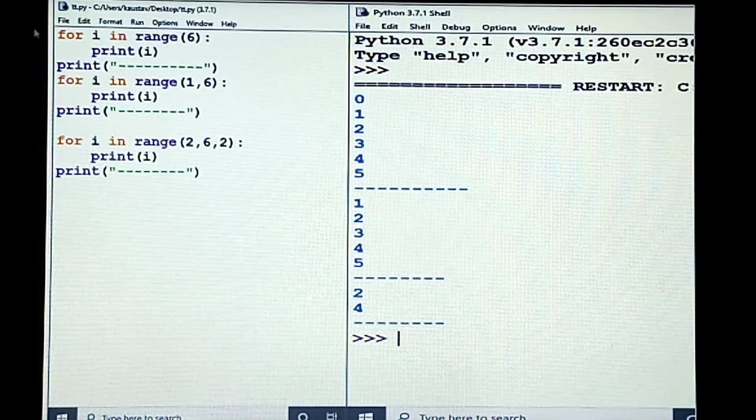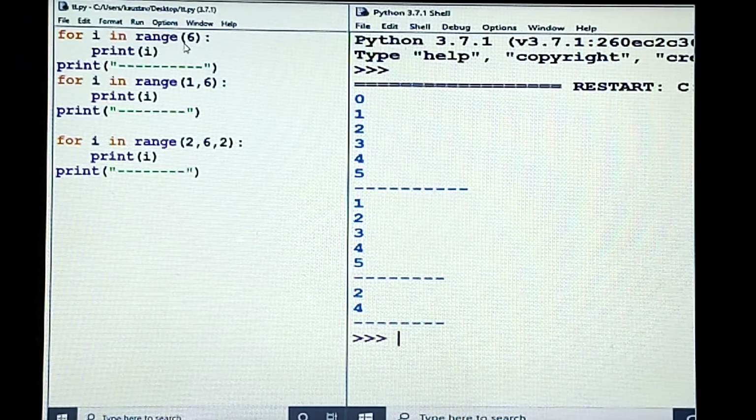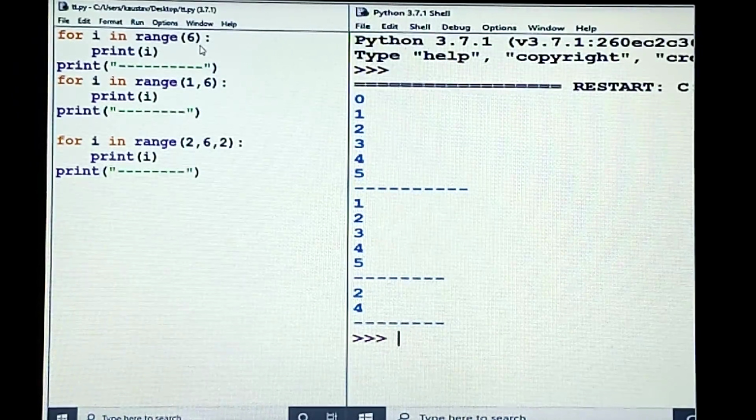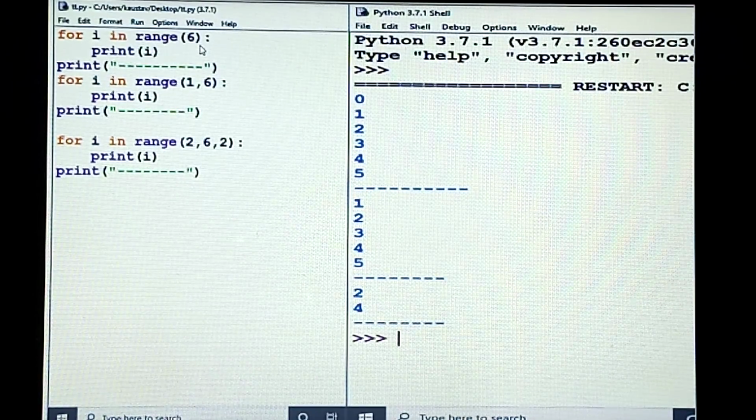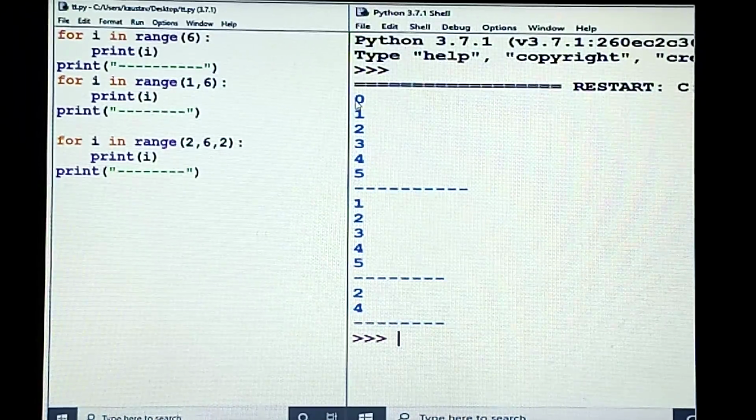Okay. Now here what happens? Generally we have seen that in the range we are given 2 values or 3 values. If it is 2 values, the first value will be the starting value and the last is the end value. But here I have written only 6. From which number will it start? It will start from 0.